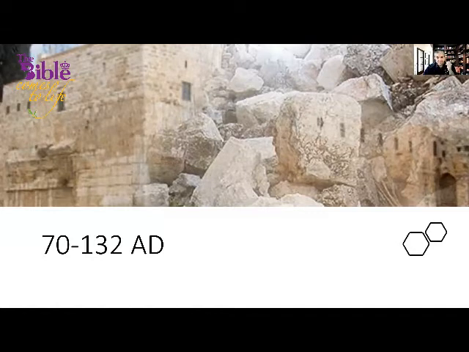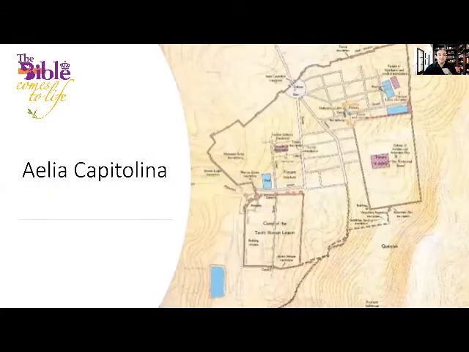In the year 132 AD, we have an emperor by the name Hadrian. Hadrian decides to completely wipe Jerusalem off the face of the earth, and he builds a city by the name Aelia Capitolina, Aelia named after him, Aelius Hadrianus, and he builds basically a city which is very similar to the city wall of today. If you look at this map right over here, this is mostly the layout of the city of today, with one extension down here that doesn't exist in this map, but that's basically the same.